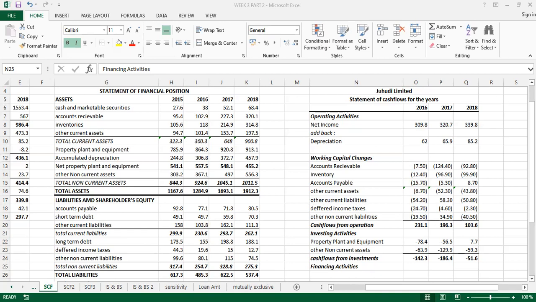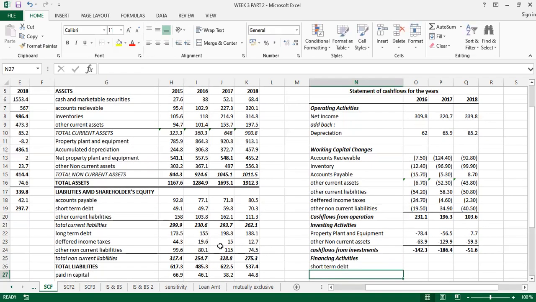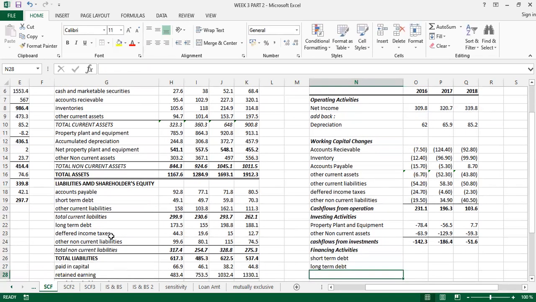The short-term debt here, because it's a liability. So let me come here, I can do equals, and I just take the short-term liability here, enter. Also, we have equals, we have the long-term liability here, enter. And our deferred income taxes we already dealt with. Maybe issuance of,